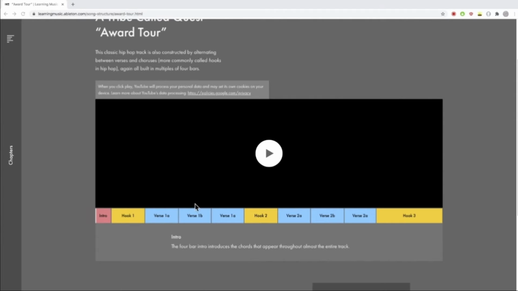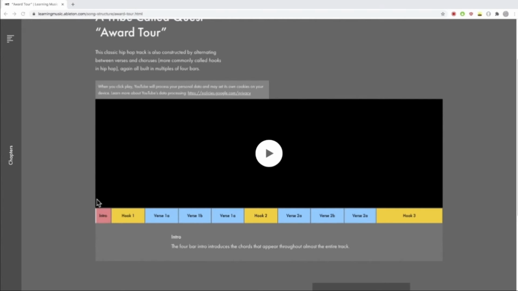So in this one, they've got 6 verses, all with different lyrics telling a story, and then they've got these 3 hooks here. So it's a very simple song. There are only 5 elements to it that you can listen out for. There is a drum, a bass line, a little organ that plays, something that sounds a bit like a guitar sample, and then there's the lyrics as well.